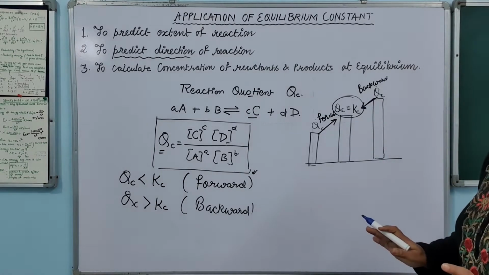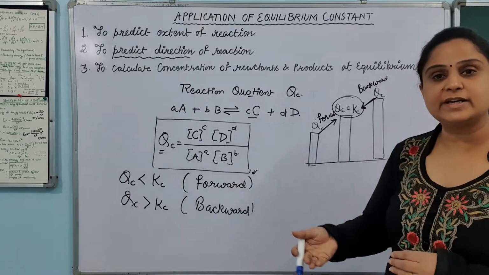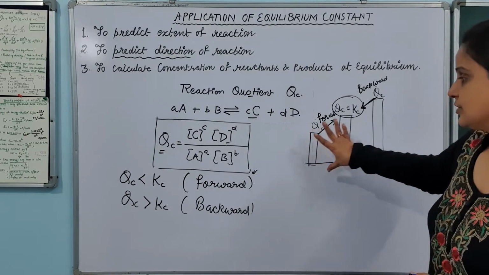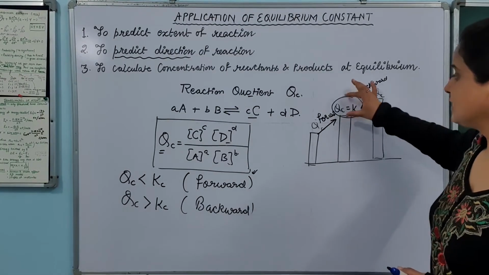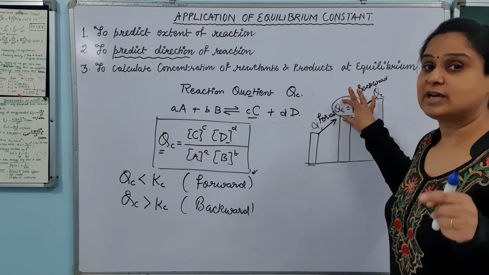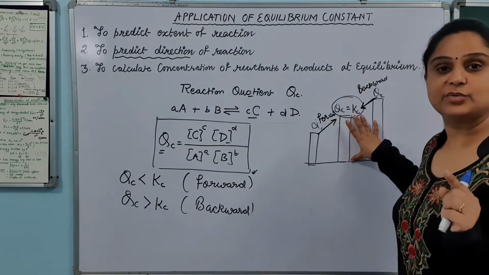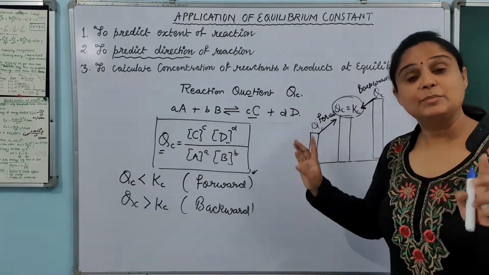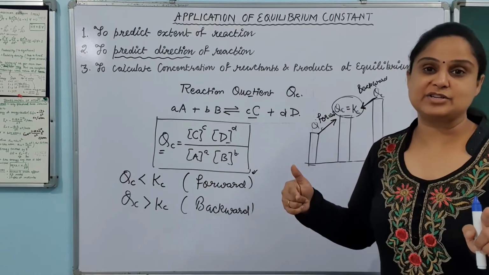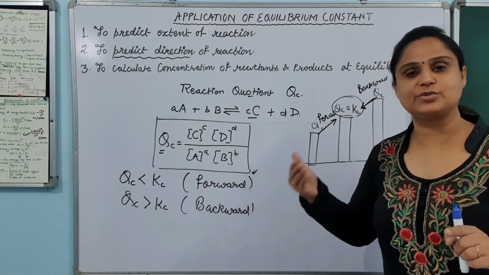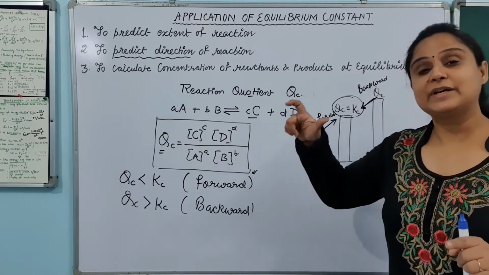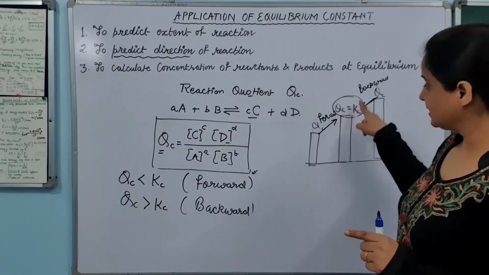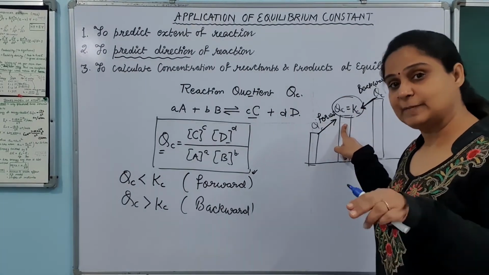So now how can you predict whether your reaction is going on in the forward direction or backward direction? These three pillars are indicating it clearly. This is a smaller value, bigger and bigger. At this particular state your Qc is equal to Kc, because this Kc value is at the equilibrium state. So basically you must understand that Kc and Qc are the same thing but a special case. Kc is the special case, meaning it is also a ratio, Kc is also a ratio, Qc is also a ratio, but at a particular concentration when the reaction is at the equilibrium, the ratio you take will be Kc, and that state will come in the middle. Equilibrium will be at the middle state.